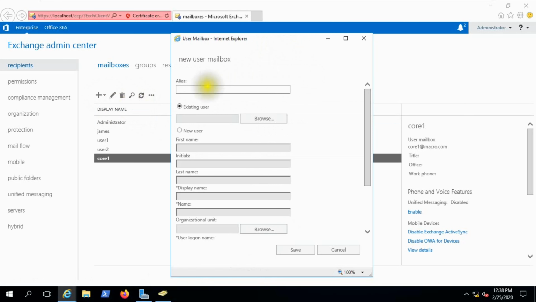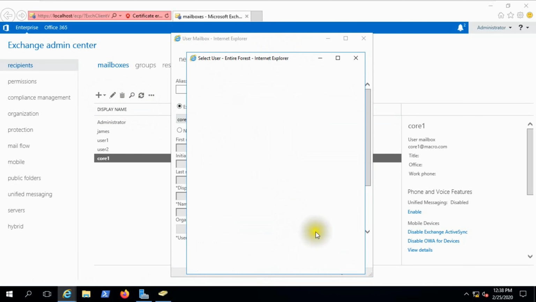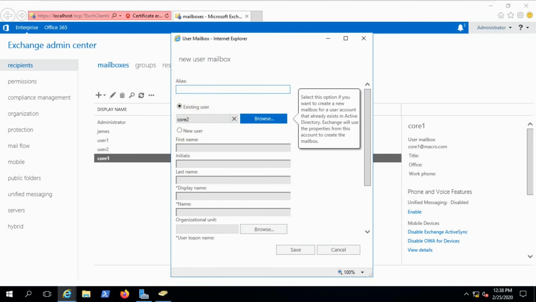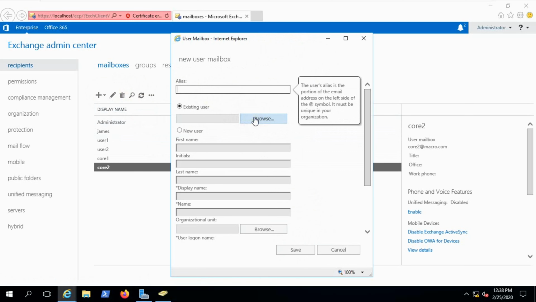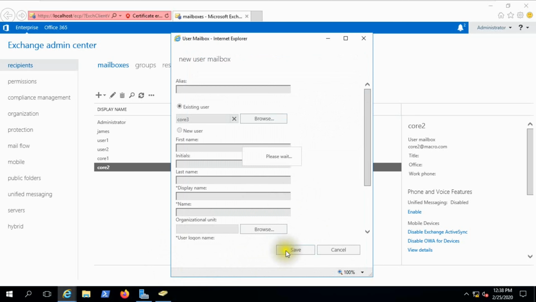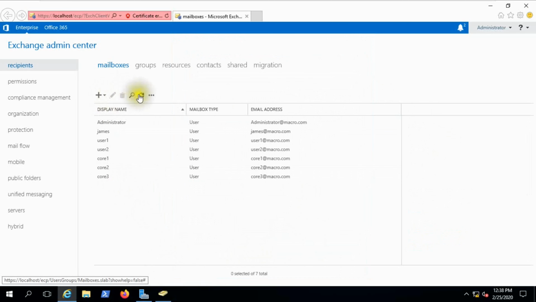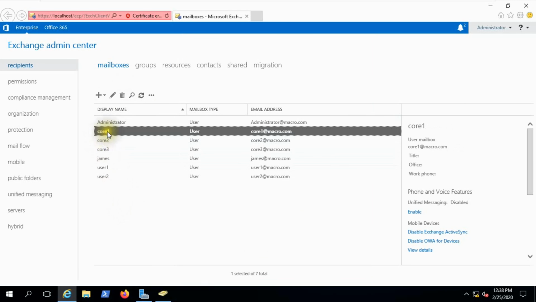Browse, code 2. Again browse and select code 3. Okay. Here are 3 users, code 1, code 2, code 3.